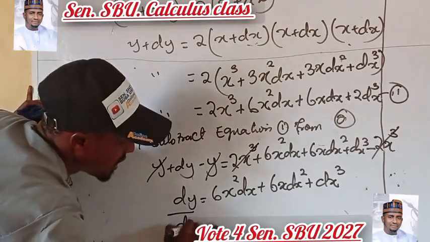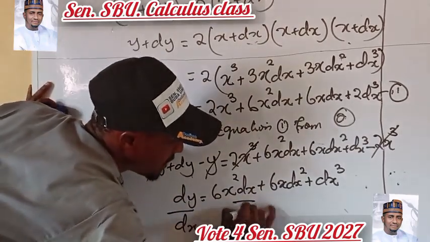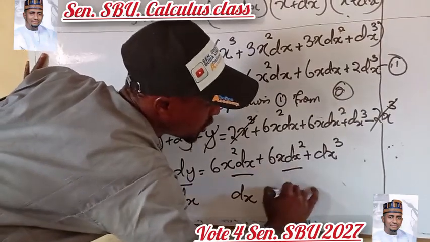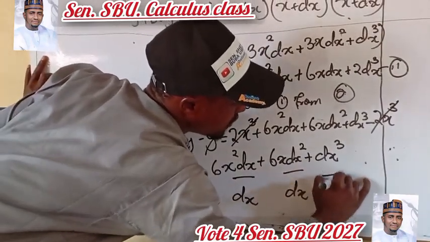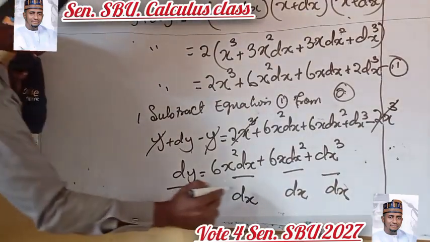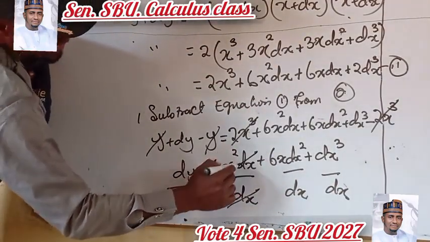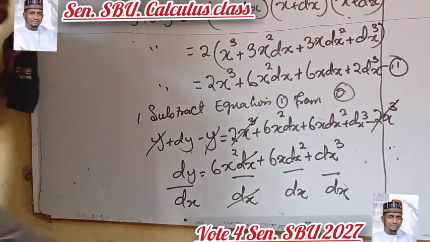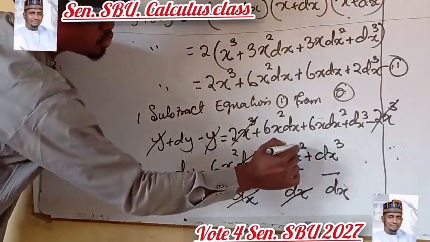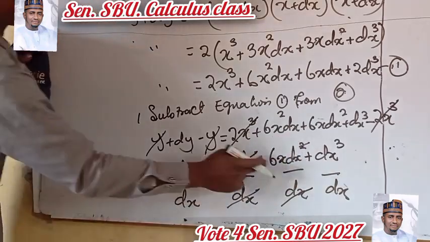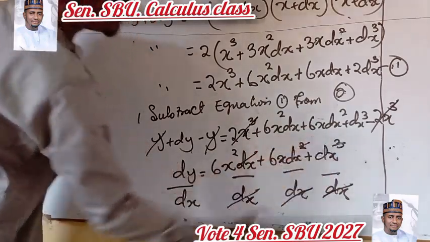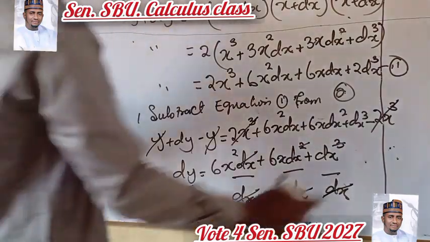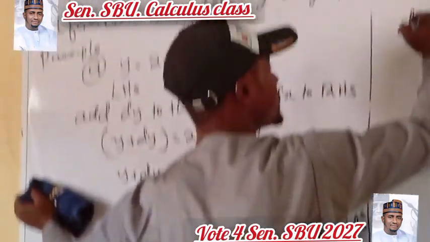You say dy all over dx. The x here cancels the x that is here. Then the x here, since we have 2 dx here, cancel 1, remain 1. The x here cancels 1, remain 2. Therefore, our expression will be dy